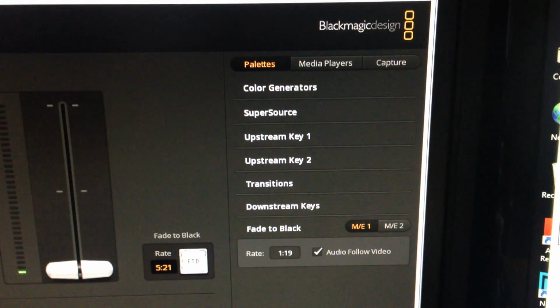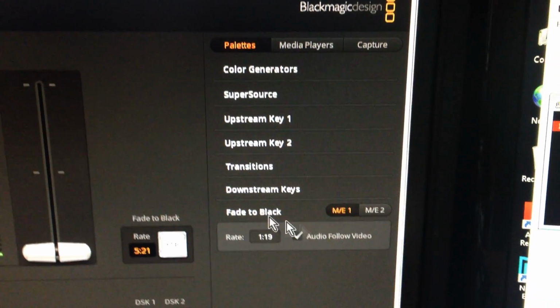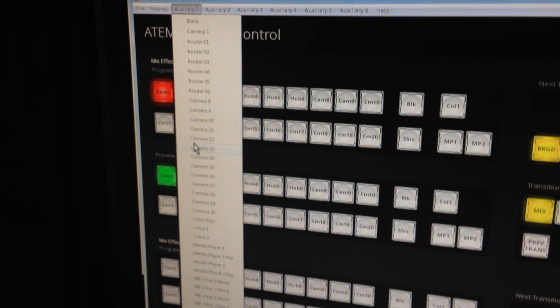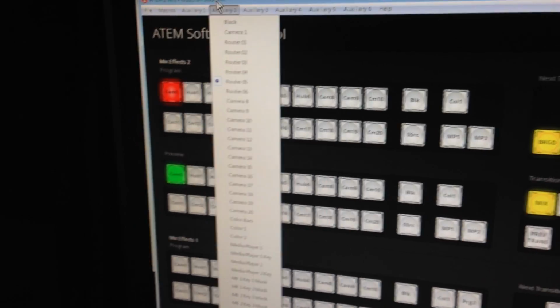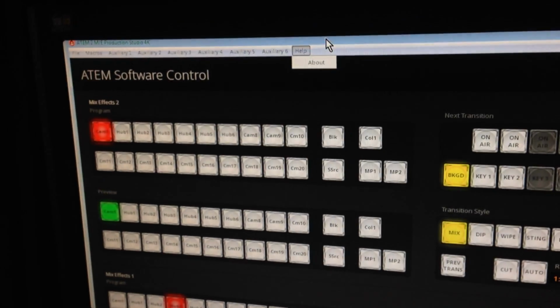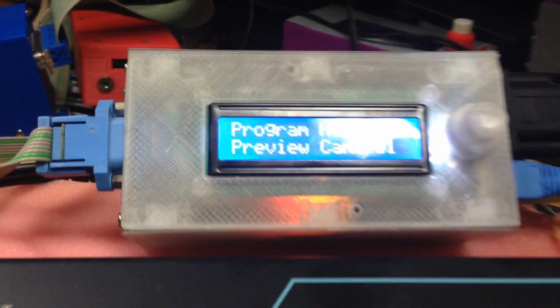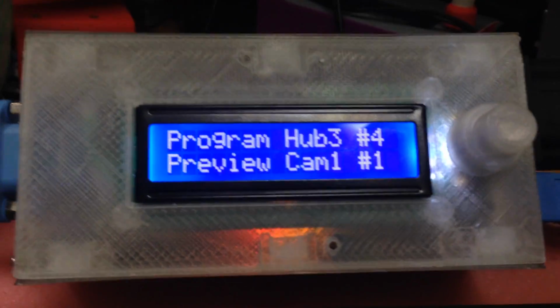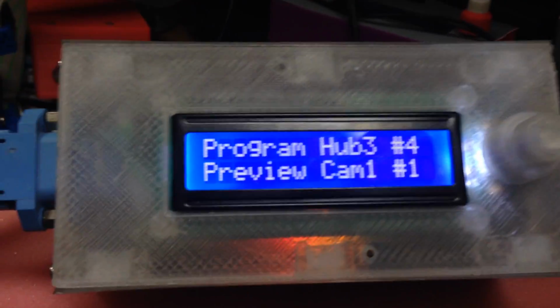as we've seen in the last video, to control palettes. And in this video we're going to talk about the fade to black, and how to control any and all auxiliary buses that may exist on the connected ATEM. So we'll just quickly talk about the fade to black. There's not a lot involved in the fade to black,